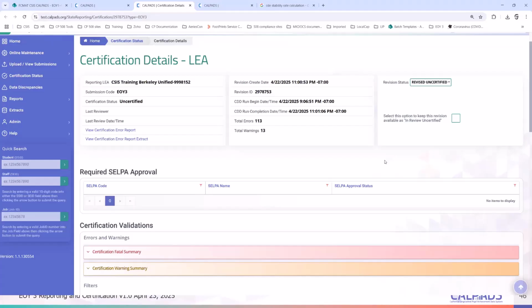That way, if there are any changes made into the system, this specific version of the reports or of this data is frozen while CalPads is still churning or posting or refreshing any changes you have made. So once you check this, this will then be in review, and any changes later on will be generated with a new revised uncertified snapshot. So you will have an in review status here and a revised uncertified.